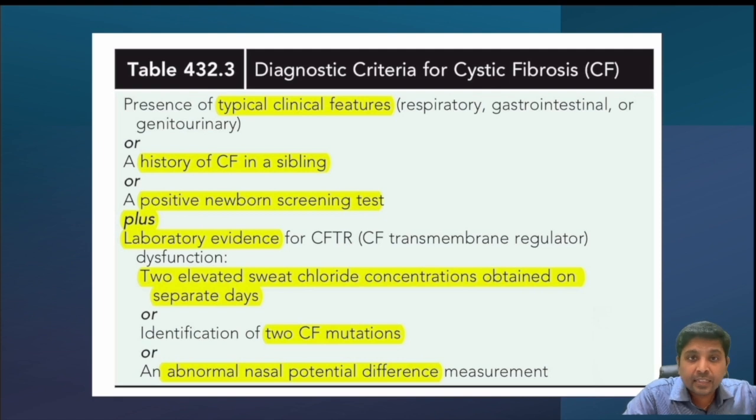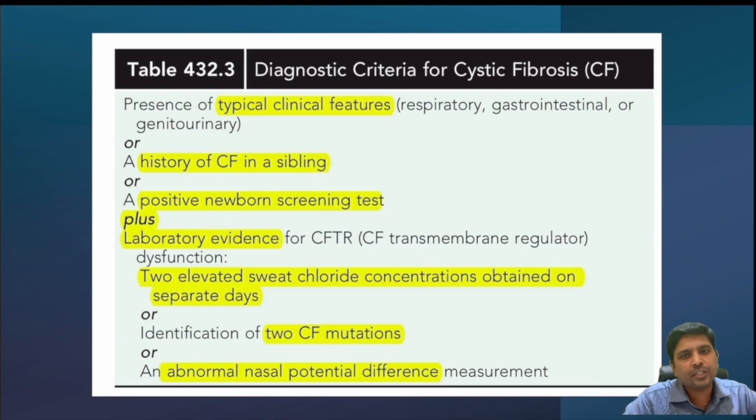or positive newborn screening test. What is this positive newborn screening test? Let's discuss. Either you should have the symptoms, or your brothers or sisters should have the symptoms, or your newborn screening test is positive. If it is positive, I need to do 3 tests, either sweat chloride test or CFTR